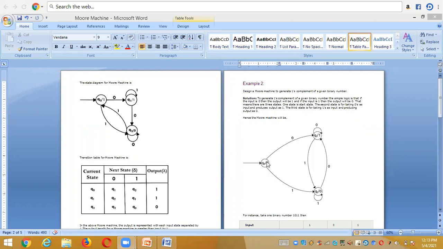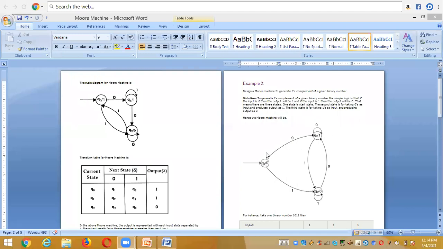Whereas if you have any symbol on the transition path, it is considered an input alphabet. And at the place of the state representation, if you put any 0 or 1 separated with a slash, it comes under an output alphabet, right?